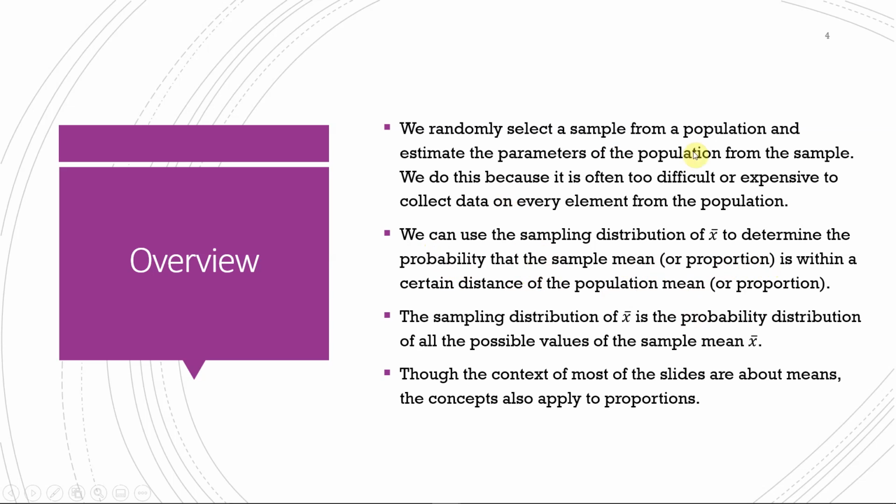So again, I hope this is making sense in terms of what a sampling distribution is. It's a probability distribution. Why is it important? It helps us calculate the probability of something we're interested in. What are we interested in? We want to know about a population parameter. We use a sample statistic to say, hey, there's a certain probability that the true population parameter is within this interval. So that's the overview.